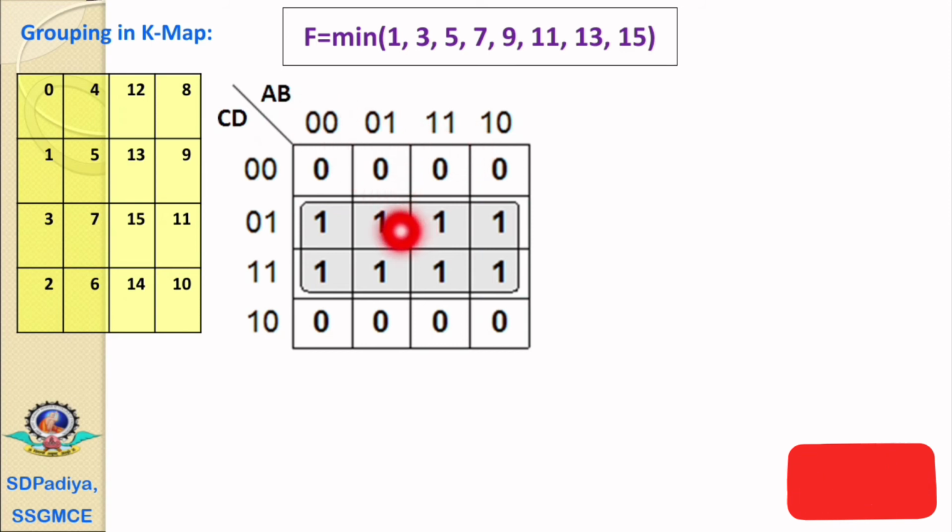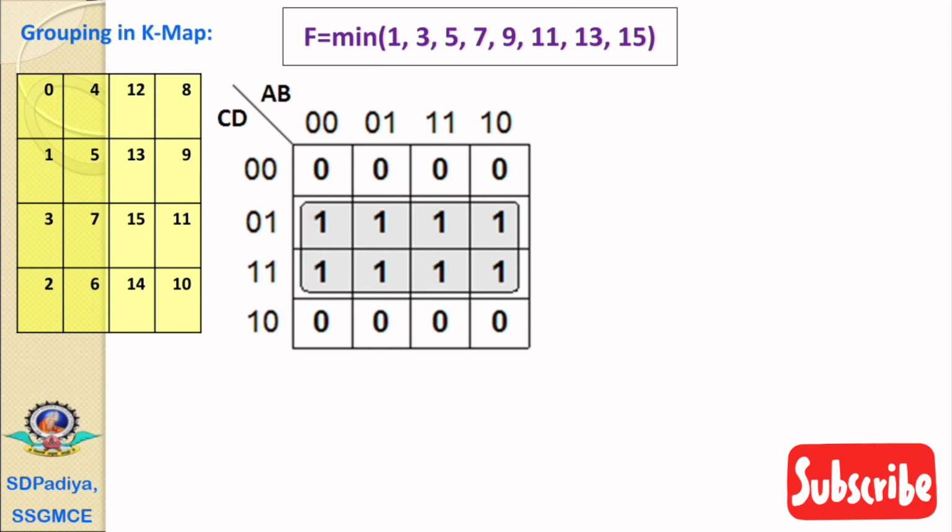At the left side, this group belongs to the 2 rows. The first is 0 1 and the second is 1 1. In this, the entry of the C, it is 0 and 1, therefore C will eliminate and there will only be the 1 for the D. Therefore finally its answer will be D.